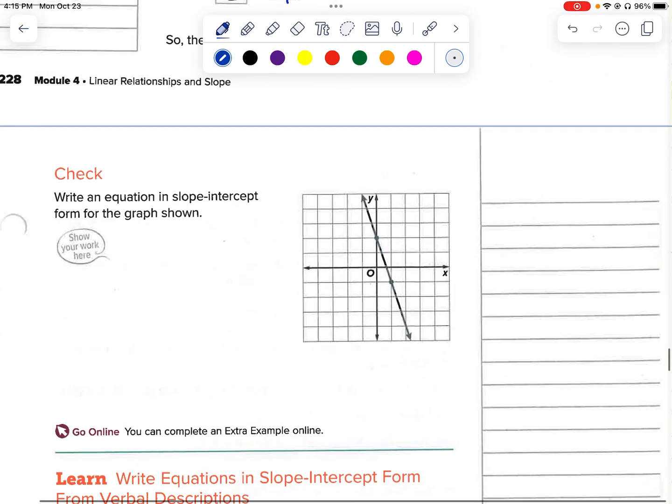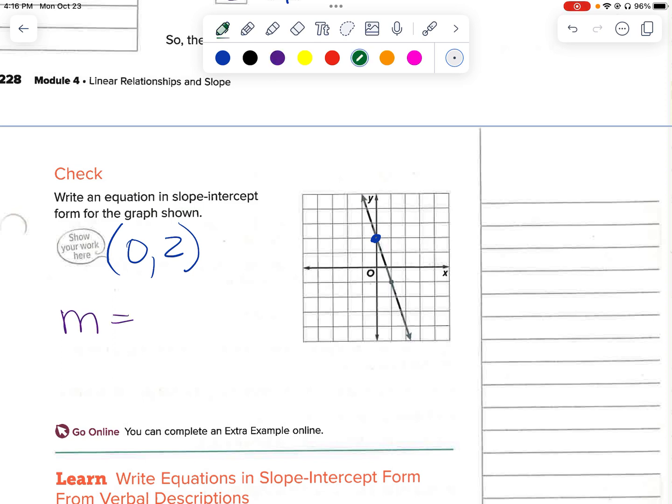Okay, so we're going to come here. The first thing we do is we find the y-intercept. Where does it hit the y-axis? It hits it right there at the point (0, 2). Now I'm going to find my slope,